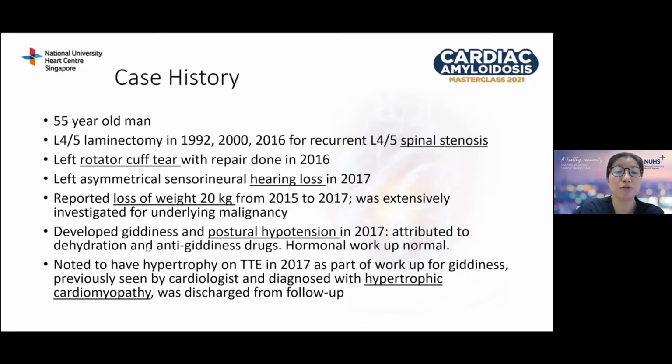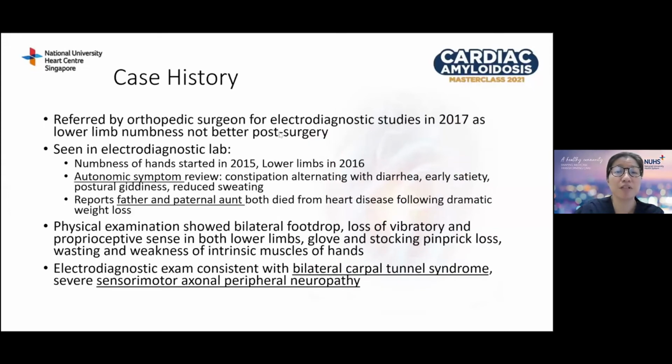He was noted to have hypertrophy on echocardiogram in 2017, and note that his onset of symptoms was actually in 1992, and this was part of the workup of his giddiness. He was seen by a cardiologist and diagnosed with hypertrophic cardiomyopathy, but was discharged from follow-up. He finally reached the neurodiagnostic lab because of persistent numbness that was not better after surgery. An autonomic symptom review showed that he actually had autonomic symptoms, including constipation alternating with diarrhea, early satiety, postural giddiness,